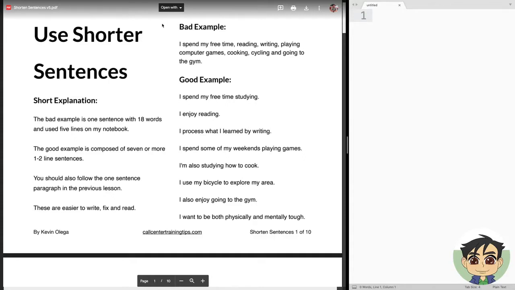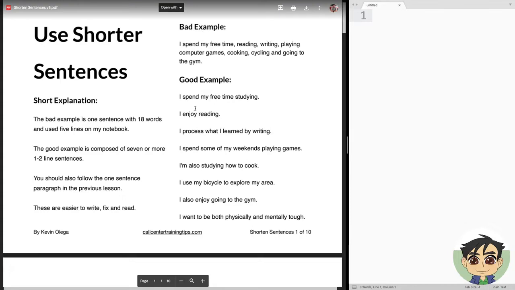But here's the problem. A lot of you have this habit of building a sentence with a lot of ideas. So a lot of your sentences follow the bad example format where you have lots of ideas crammed into one sentence. I'm not asking you to write lots of sentences that have many ideas. You do not need to compress your ideas in one sentence. What I'm asking you to do is to write multiple sentences that only have one idea each.